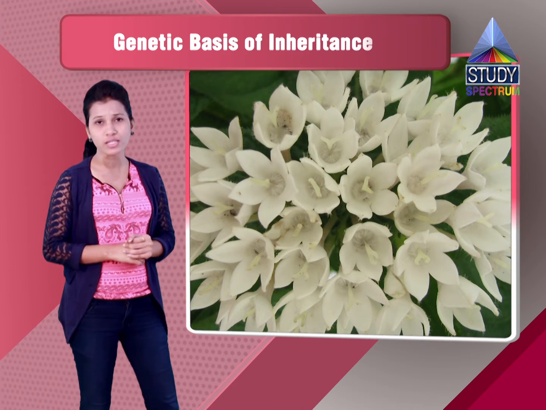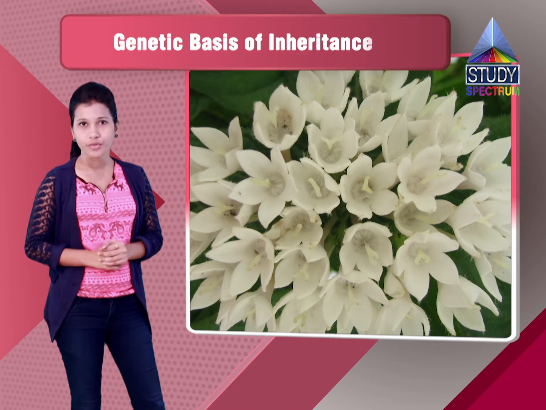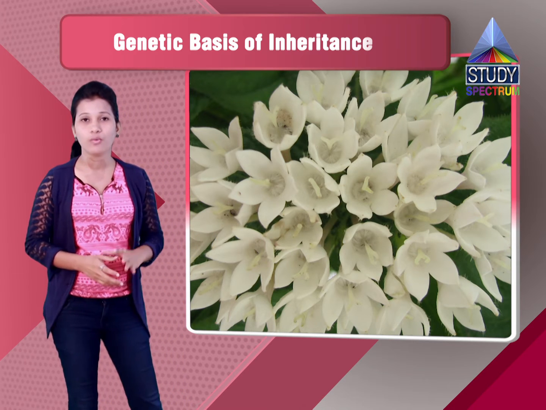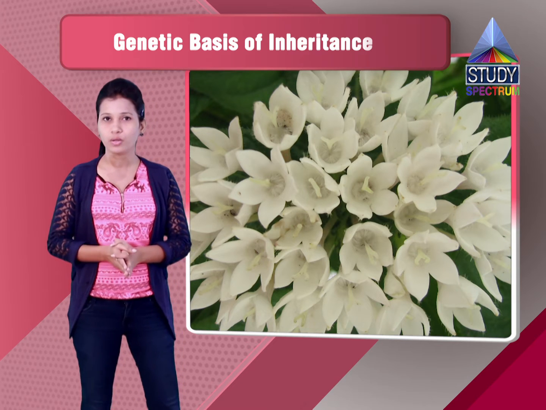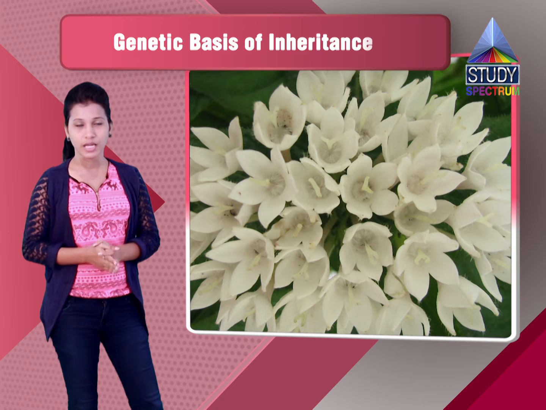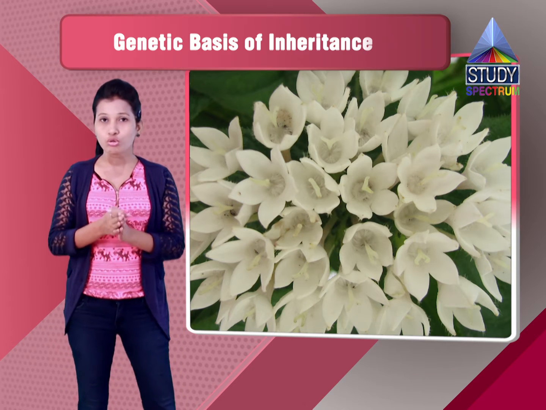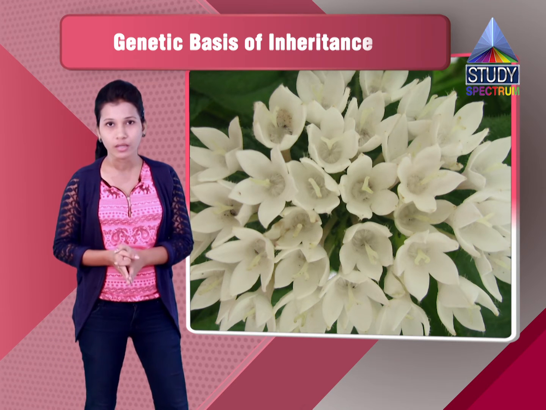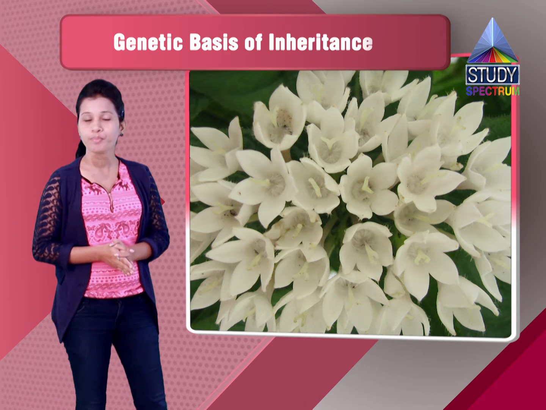Now when we cross these two, we will get the product that will be all pink color. This is the deviation from the Mendelian theory, where according to the Mendelian theory, it should actually be the red color, which is the dominant one, but the red color is not seen. That means it is showing a different color, the combination of the two colors. So the red color has been incompletely dominating the white color, and hence the color that we get in the first generation is the pink color.